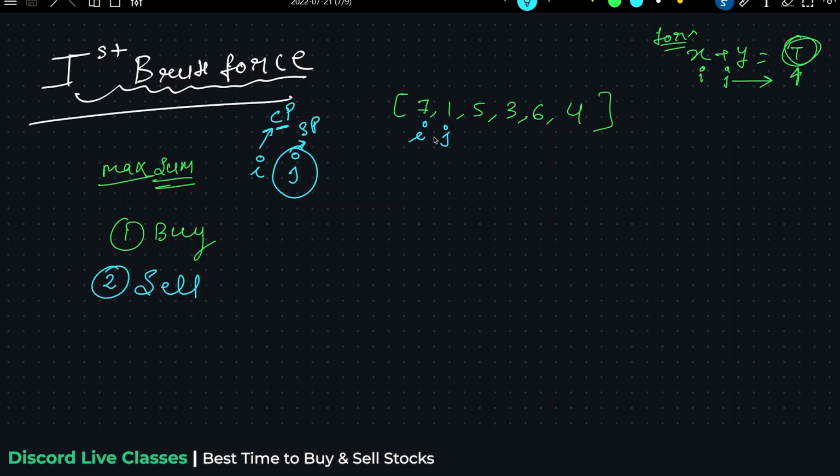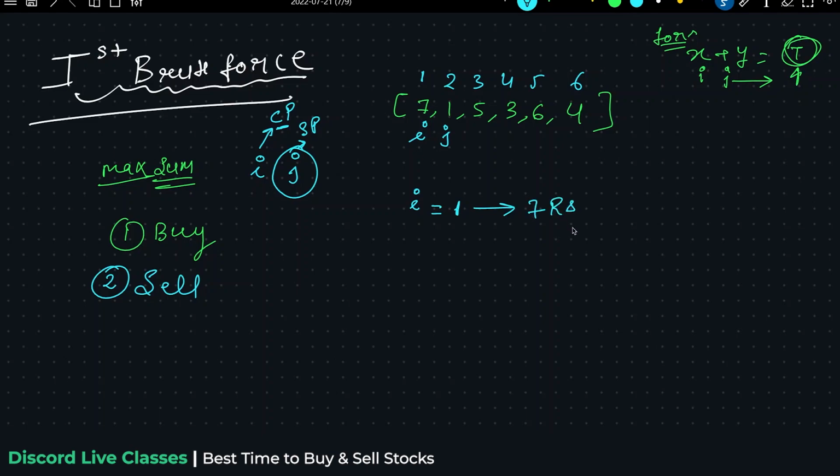Let's come to the problem. I and J I am taking. So what I will be doing, I will be making a pair. Let's suppose this is the first day, second day, third day, fourth day, fifth day, sixth day. Make sure, my dear friends, whenever you are writing code, you start the indexing from zero. For understanding and explanation purposes, I'm just taking this from the first day, because the zeroth day might create confusion. So ith is nothing but the first day. If I buy the stock on the ith day, that is nothing but the first day, then how much profit will I be getting?